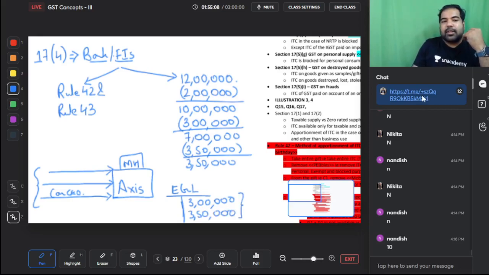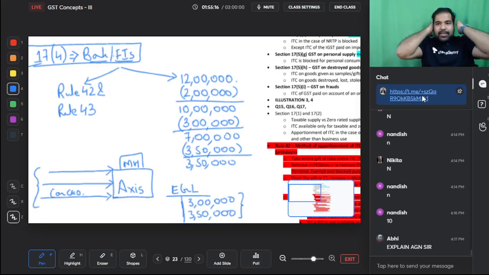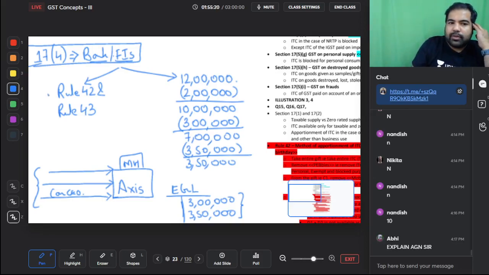Guys, this is the option which banks have under section 17(4). So do banks have an option? Yes, banks have an option under section 17(4) where they can use the rules if they want, but if they don't want, on the eligible credit, they can remove the deemed distinct person credit, which they will get 100%, and the balance they will get 50%.